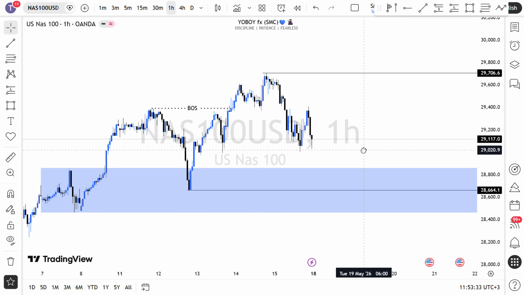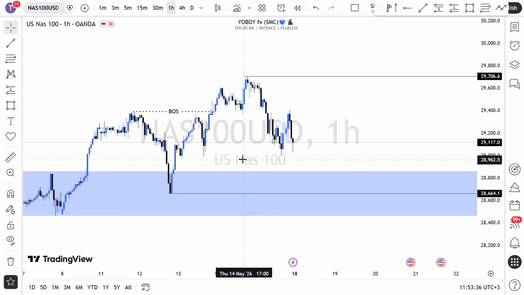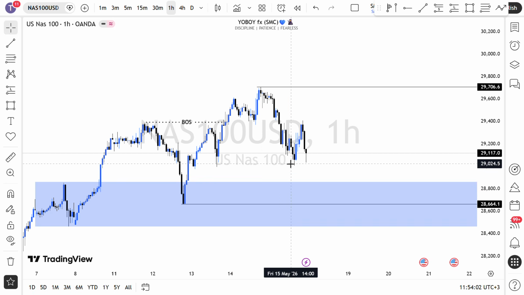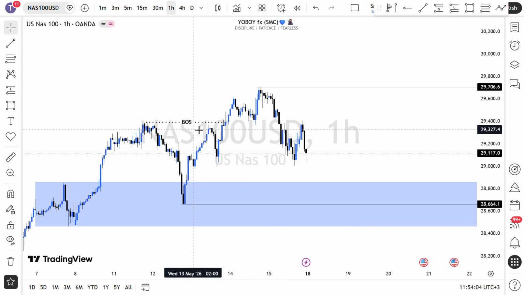Price formed a new break of structure to the upside, and right now we are having a pullback. I told you guys that once we have a break of structure or a change of character, most of the time price always tries to look for liquidity before going up again to break another structure. So in that case, what are the liquidities? The liquidities are those internal structures that the market formed before or after having that break of structure.